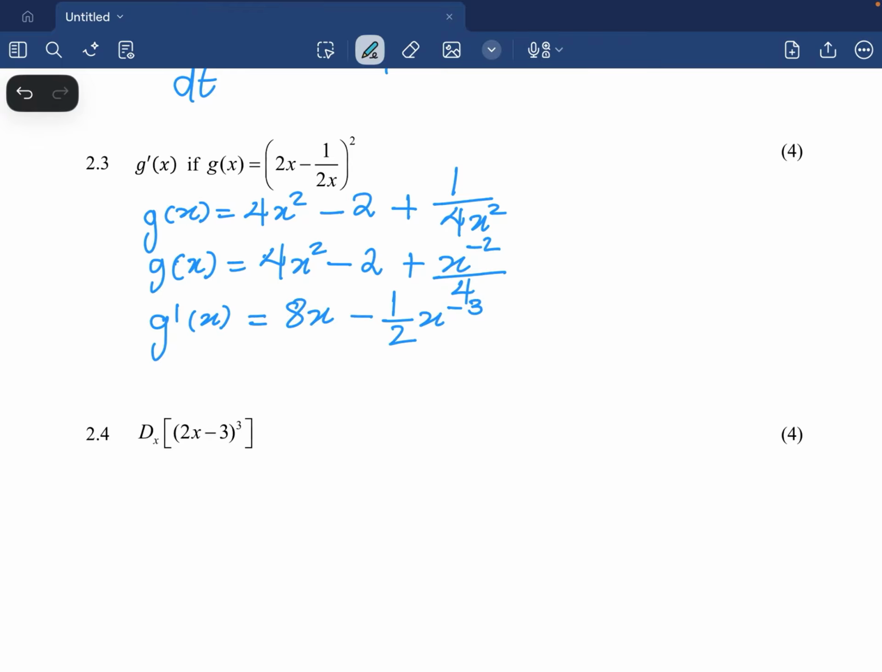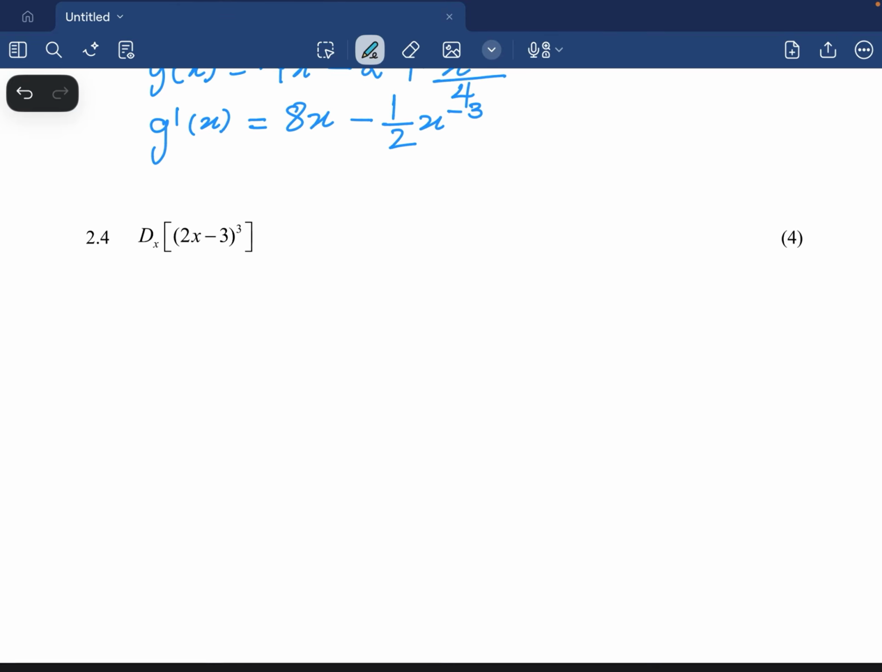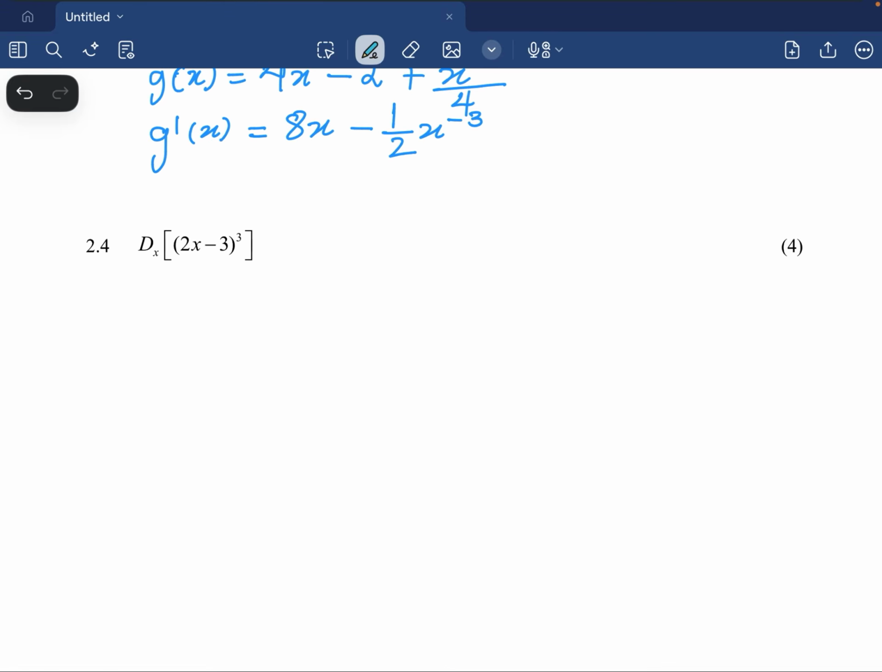Now, moving on to 2.4. For 2.4, we can already see that our expression is not simplified. So the first step that we are going to do is to first simplify this. Remember that this is not simplified because it can be simplified further. Right? So when I simplify this, I'm going to have that d